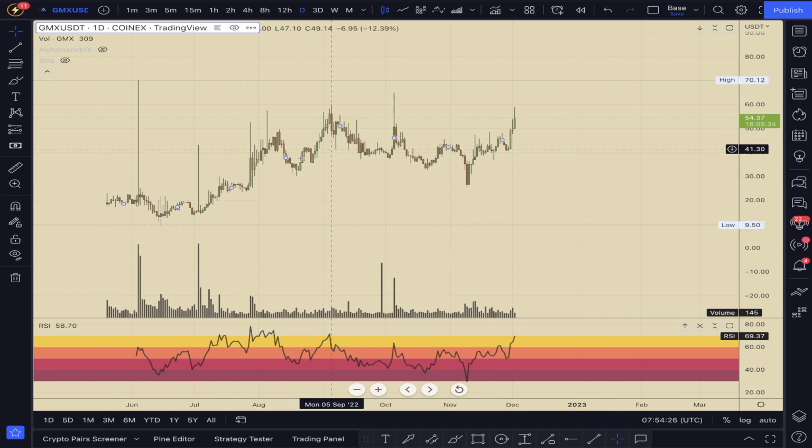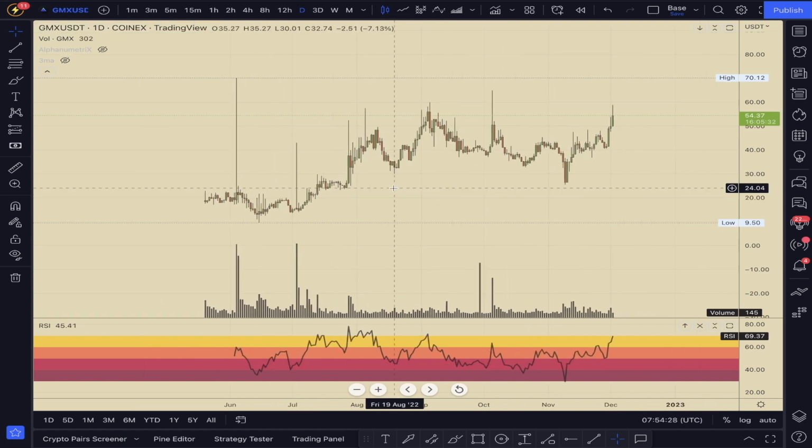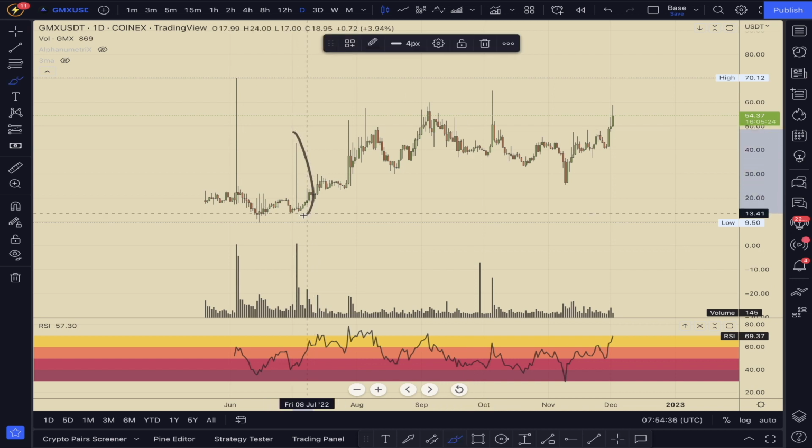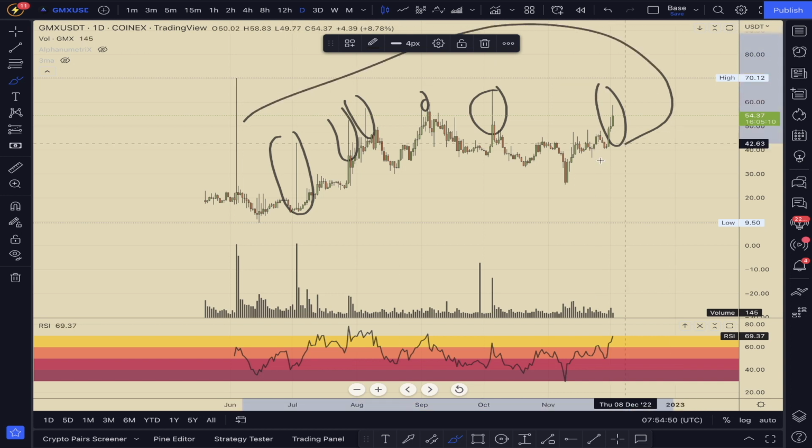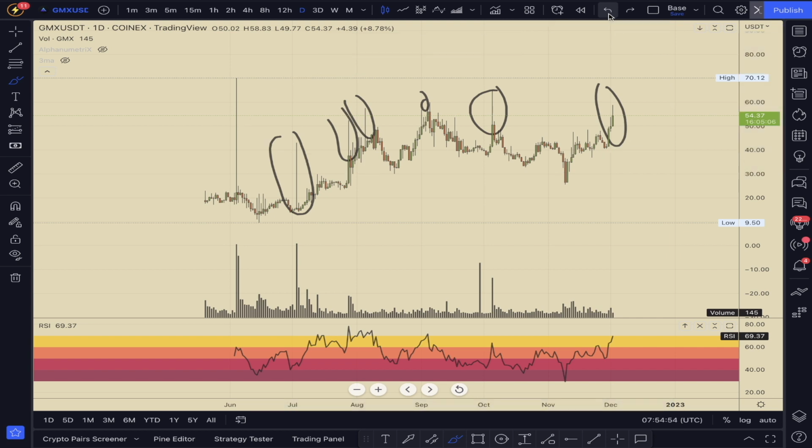This is a very choppy chart. Please trade this with a lot of caution. Look at the wicks here, just an incredible amount of volatility. You can see how many times it's pumped and got smacked back down to the normal market price. It has a tendency to do that, so watch out for getting smacked out of any long positions here. Very, very choppy, very, very volatile. And this to me looks distributional.